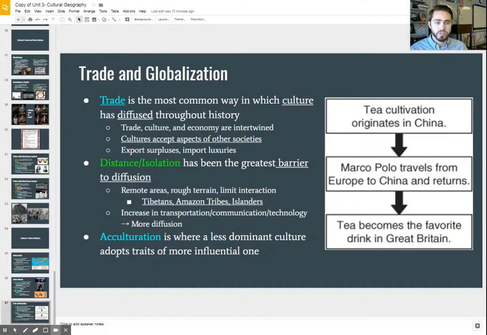So I'm going to challenge you to see if you can think of any other ways in which a culture or cultural trait has started and has moved or evolved and changed over time to the present cultural trait that we have today. So try to trace that origin back if you can.